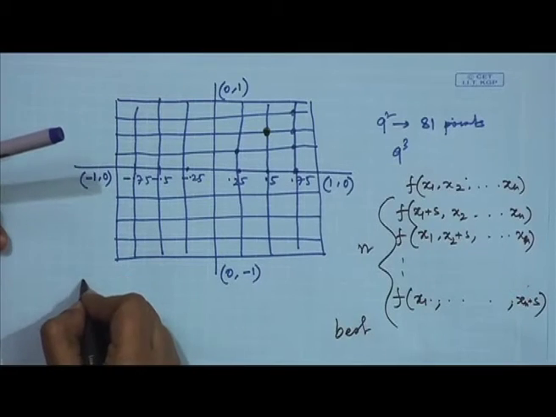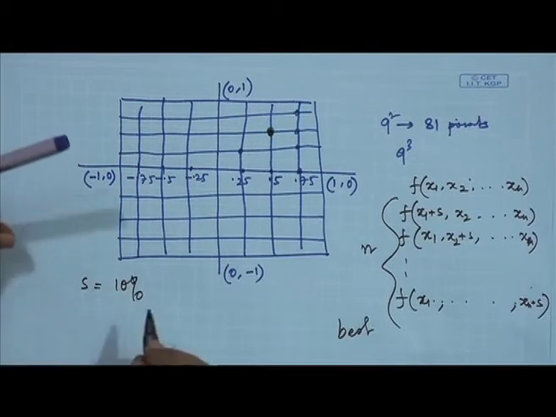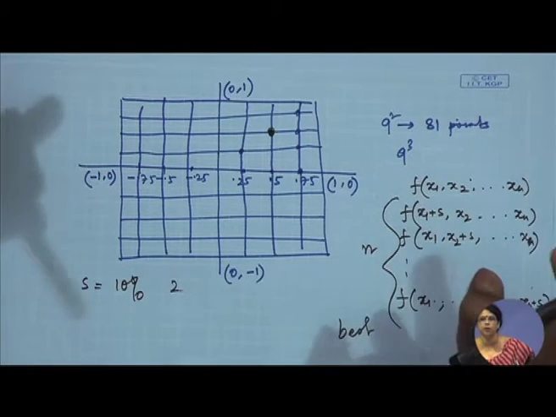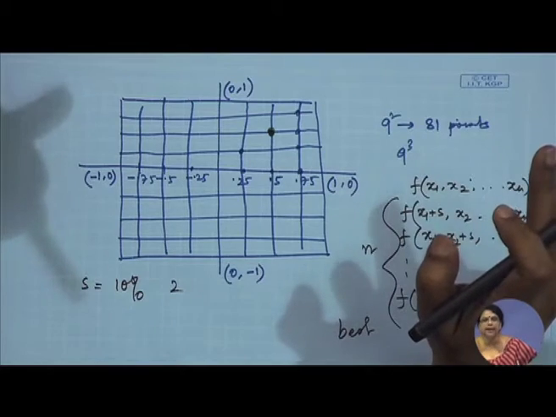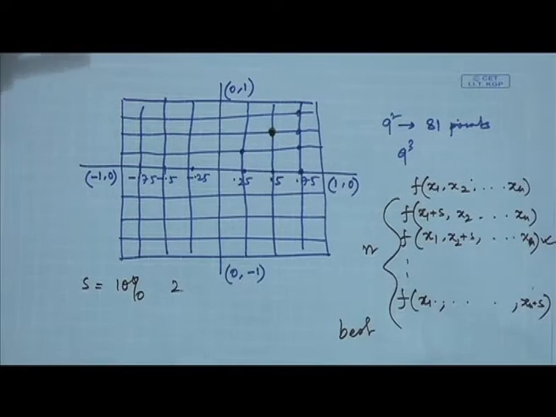Generally the S value we are taking is 10% of the whole domain. Here the domain for x was minus 1 to 1, that means the length is 2. 10% of 2 we are taking generally for S. If the best value is coming somewhere in x2, after that you reduce the step length from S to S by 2, S by 3, like that you just repeat the process,